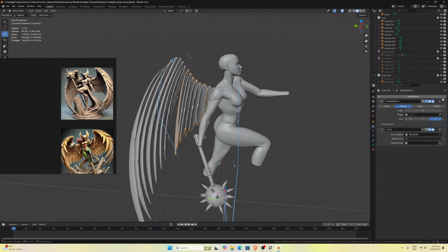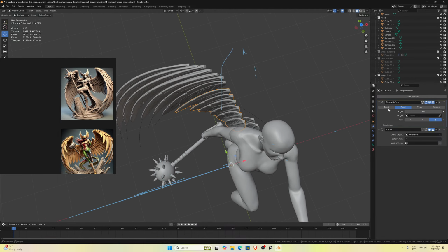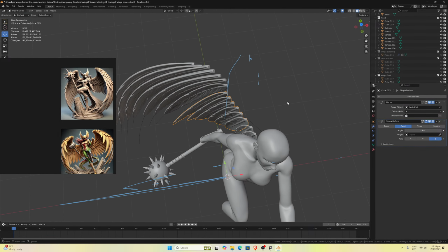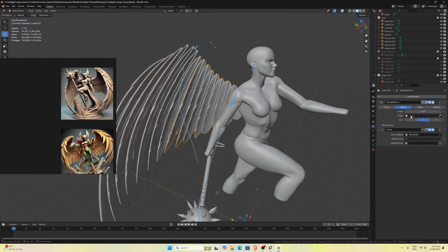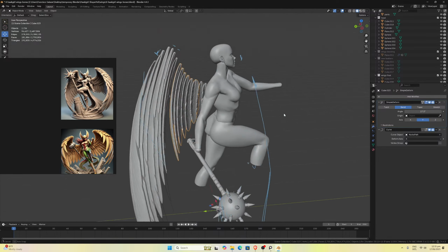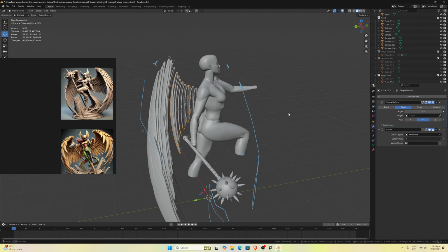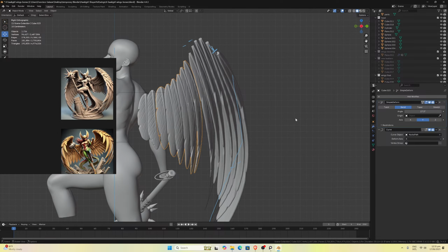Let me. Great. It only changed the position. Okay. Yes, I can use this one. I mean, it is not perfect, but